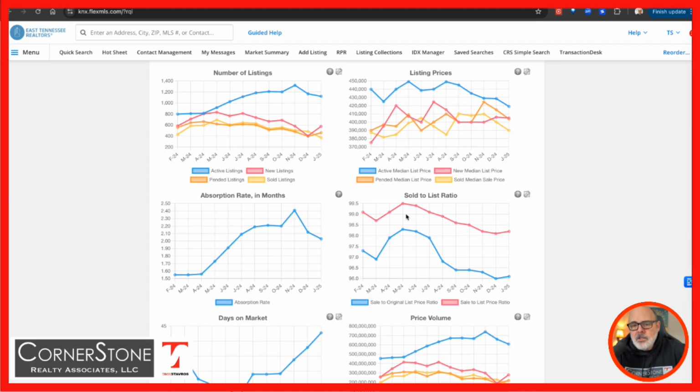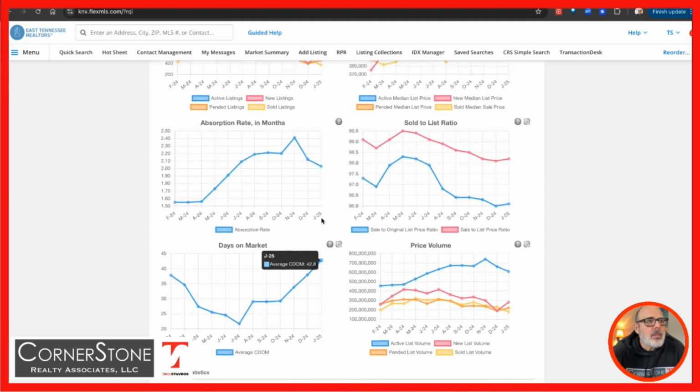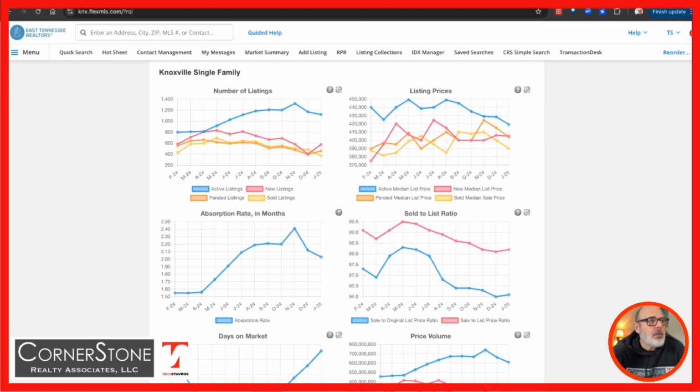And we can see the sold to list price ratio is dropping as well, meaning there's more negotiation happening in the marketplace. Days on the market also continued to increase and jumped up to about 42, almost 43 days on the market average. So let's take a look and see what this means as far as conclusions for the Knoxville